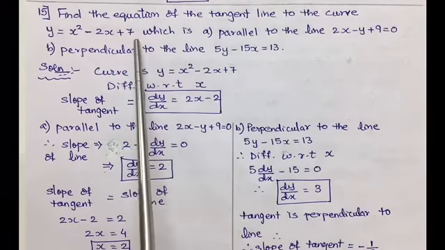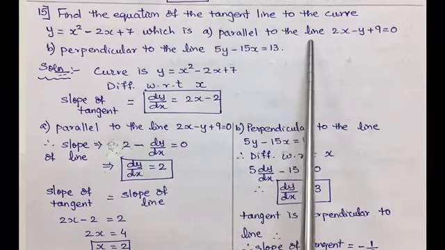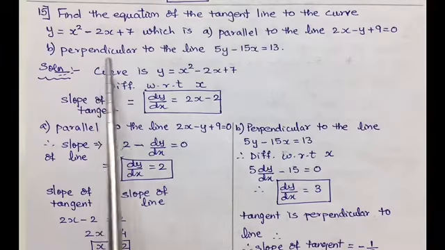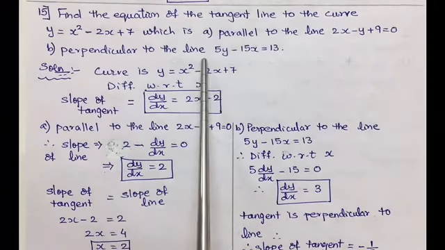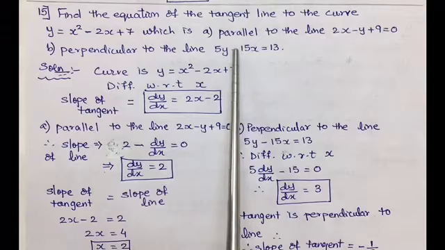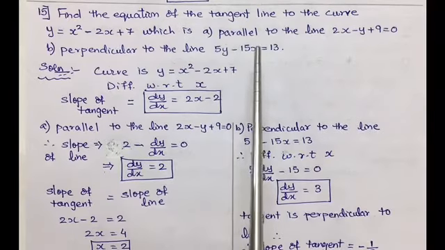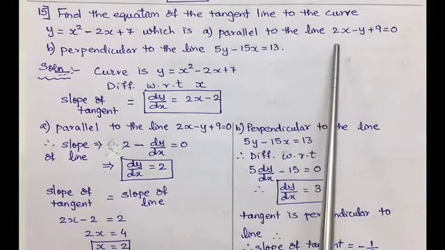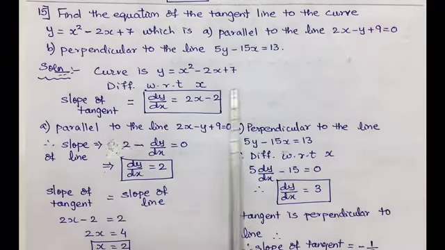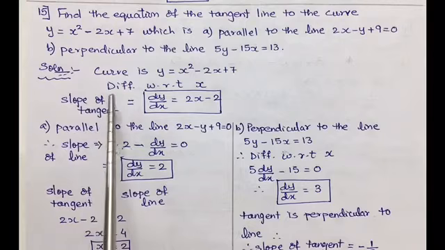Now if the lines are parallel, the slopes are equal, and if the lines are perpendicular, then the multiplication of their slopes will be equal to -1. Now taking up the first condition, that is parallel to the line 2x minus y plus 9 equal to 0. For that,